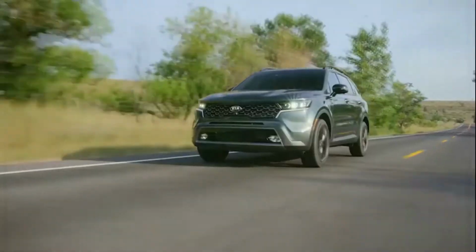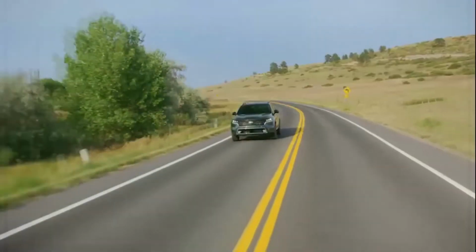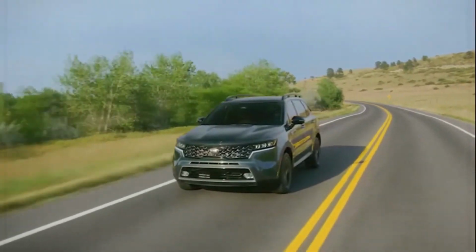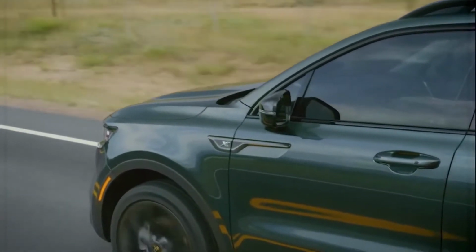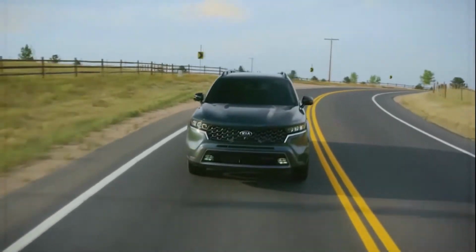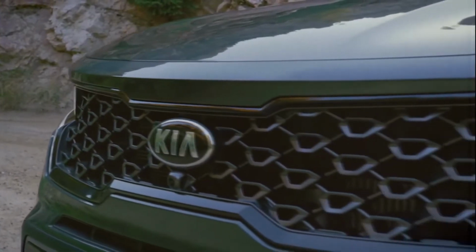All versions have four-wheel drive, and Kia introduced the ground mode function for this generation, which is effectively a collection of driving modes that vary various characteristics of the car's setup based on the terrain under the tires. The terrain response system from Land Rover was definitely the model